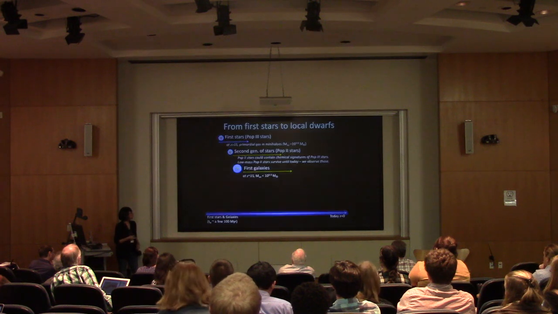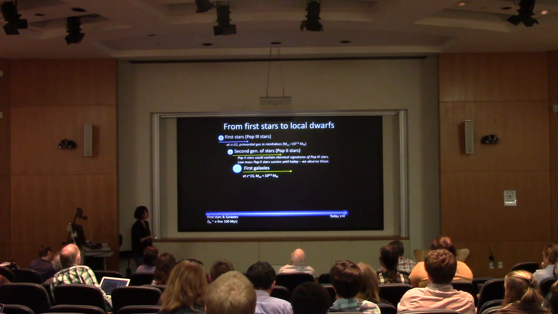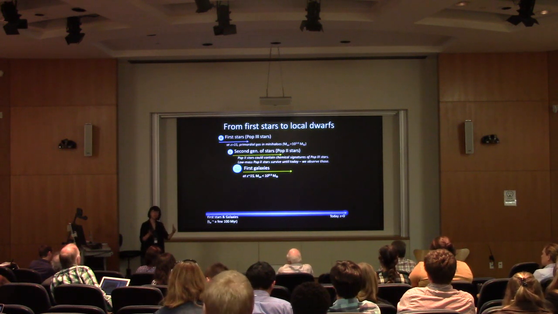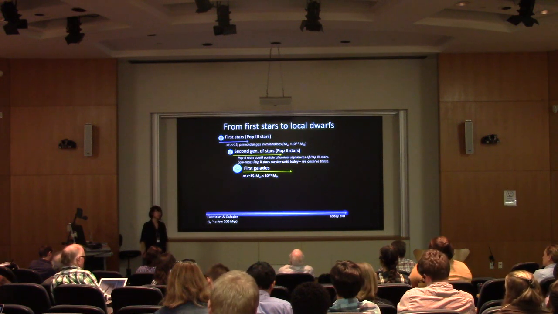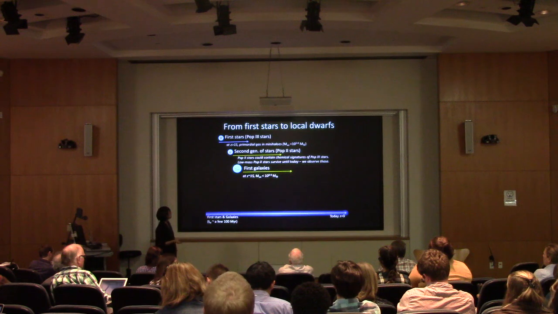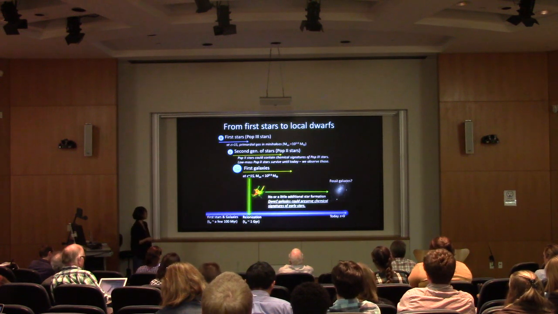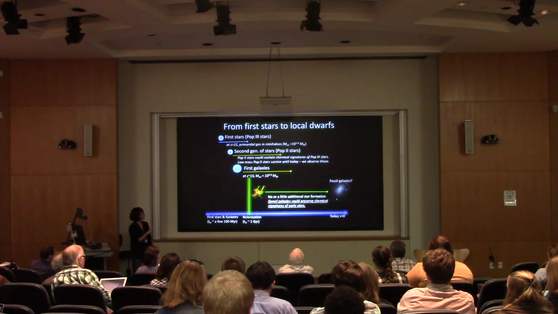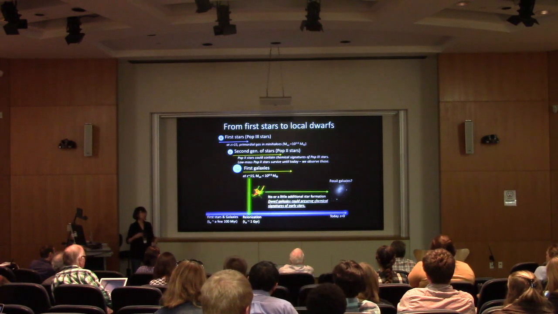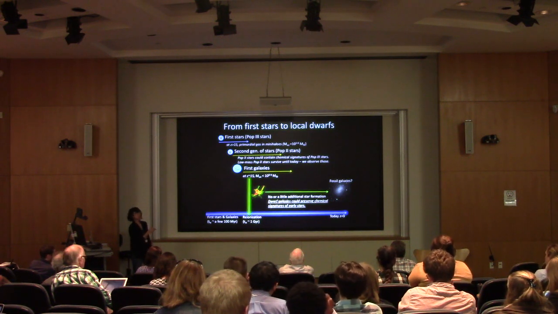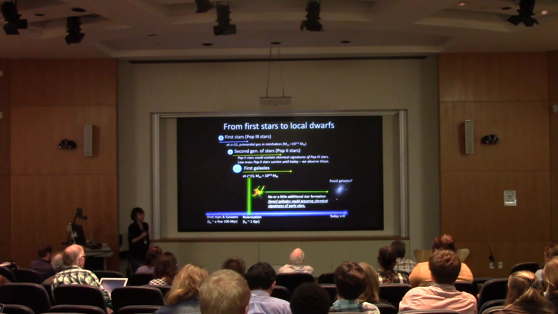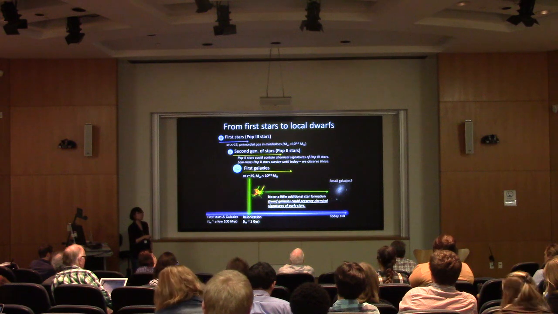Okay, let me switch gears a little bit to the local universe. As I showed during the talk, small galaxies are very vulnerable to stellar feedback, so star formation can be easily quenched. So what if reionization really quenched all the star formation in such small galaxies? Then, especially the second generation of stars, formed out of gas that was shaped by Population 3 stars and contaminated by Population 3 supernovae, might give us a hint of the first generation of stars in the local fossil galaxies,